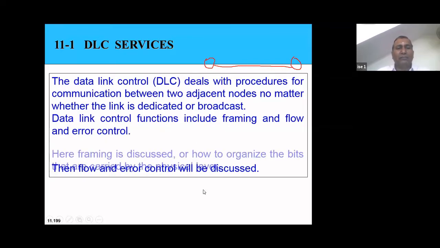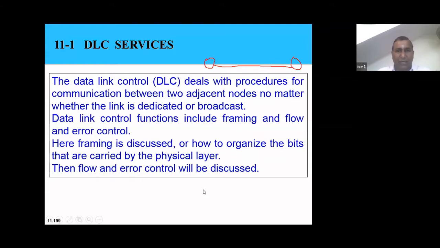So in this particular topic, we'll be discussing how to arrange the bits that are carried by the physical layer. Once the frame is formed at the data link layer, it will be pushed down in the form of a frame.